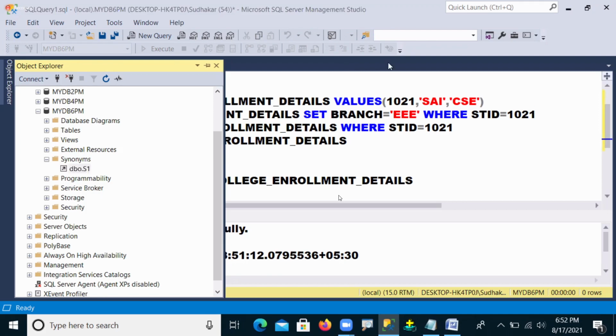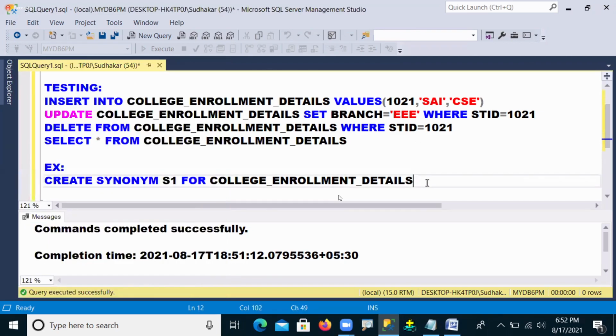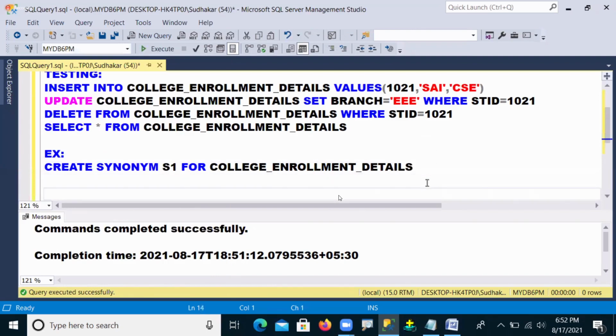After creating this synonym, next onwards, when you want to perform your testing operations, I don't need to use the college enrollment details table name.